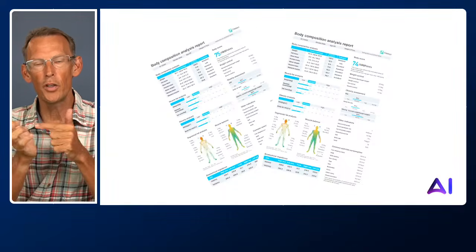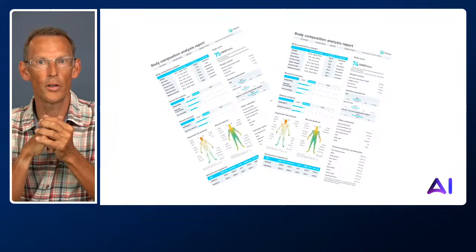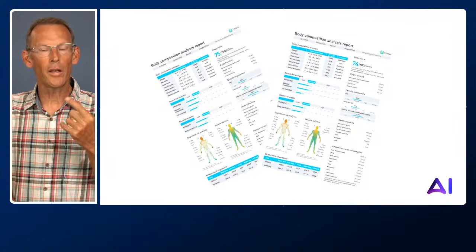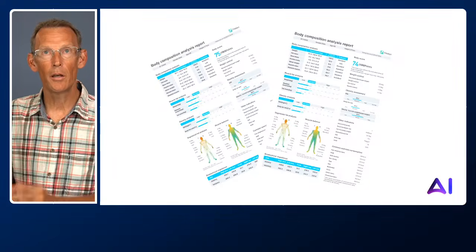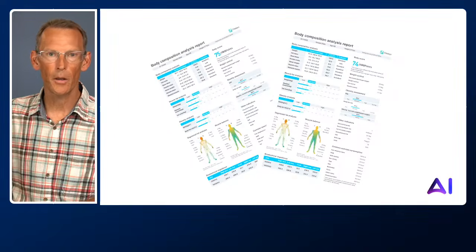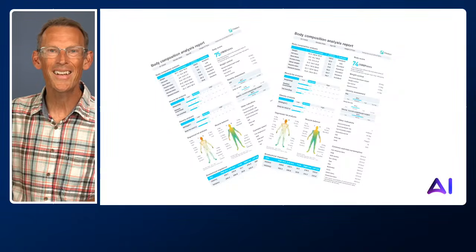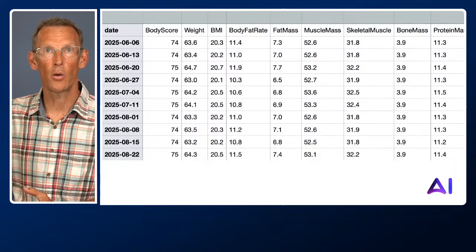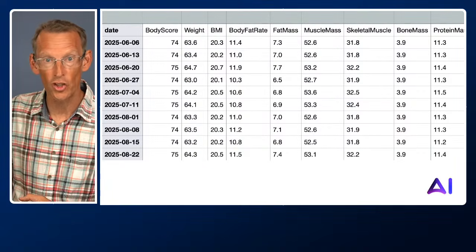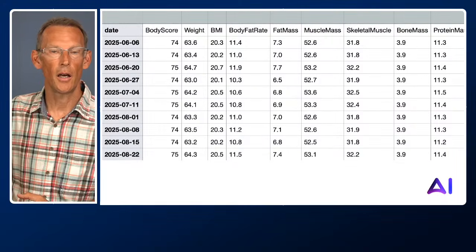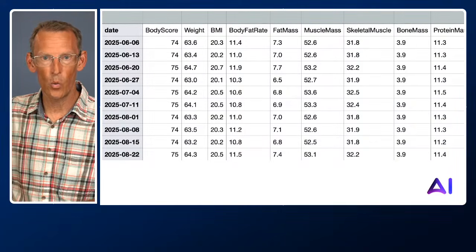And then if you are using a Plus account or a Teams account and you're using the new agent mode, we can go a step further. With agent mode, we can put a whole load of these into ChatGPT, and with the right prompt, we can then get it to analyze it all and take this unstructured data and create structured data by putting it into a CSV file. So I created this CSV file using ChatGPT where it took 10 weeks worth of measurements and created a huge file of data. And why might that be useful?